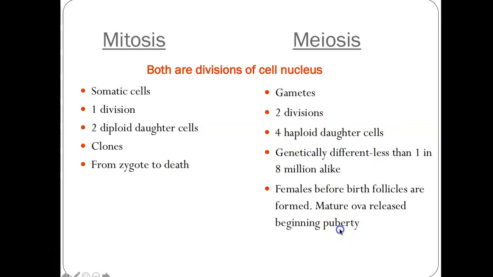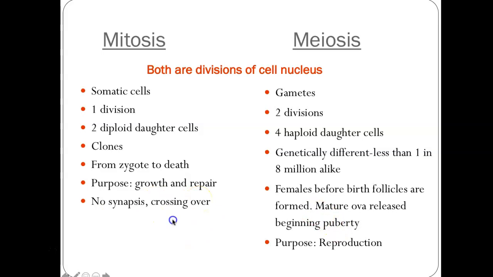So you're gonna have to pause if you need to do this. If you still need to fill this in, I'm gonna move on. Oh, just kidding. Just kidding, there was a couple more. So the purpose of mitosis is growth and repair, the purpose of meiosis is reproduction, and then there's no crossing over in mitosis. This is going to take some looking at. This is probably going to take some studying.